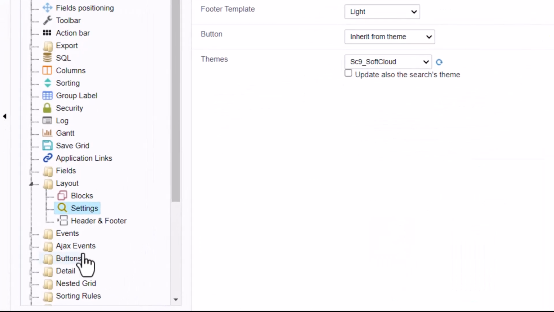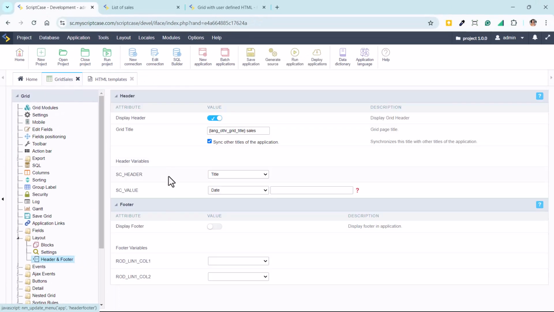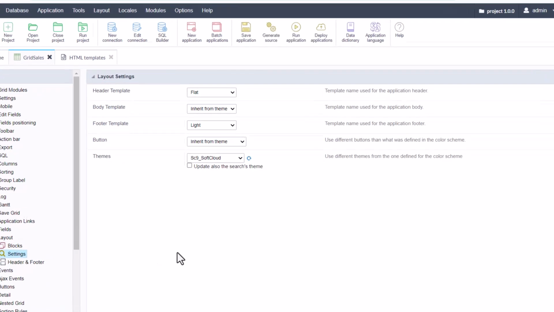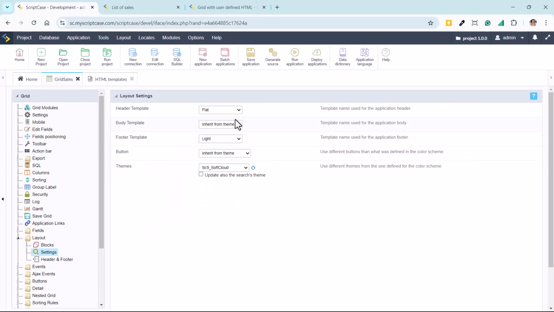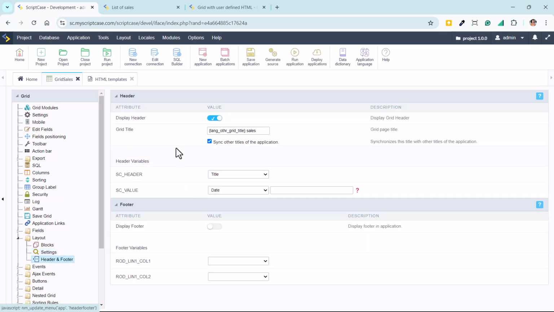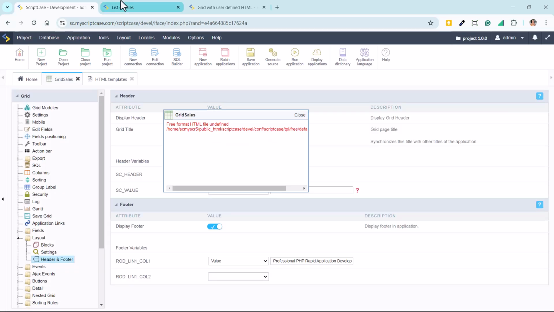So back here we can see inside head and footer that you can set the variables for this template. So first you choose the template. Here inside settings you have different options. From script case you can also build your own options, and after you choose here the template, you'll be able to set the value for the variables using here this area, and also to display or not. In the case of the footer, we are not displaying, we can display here as a test, and I will add here a value just for us to view the option.